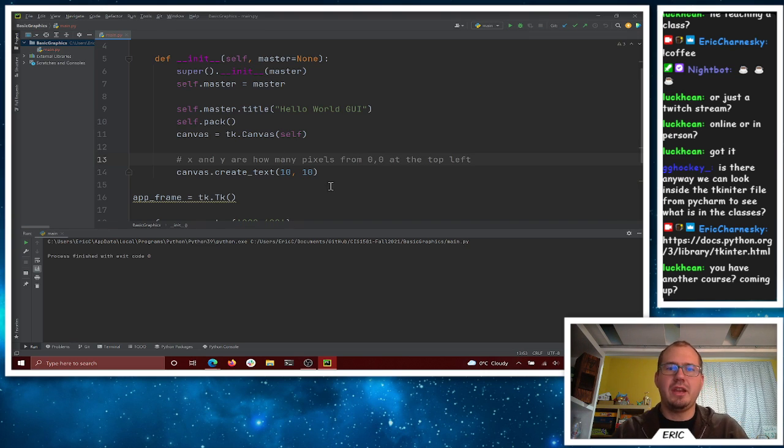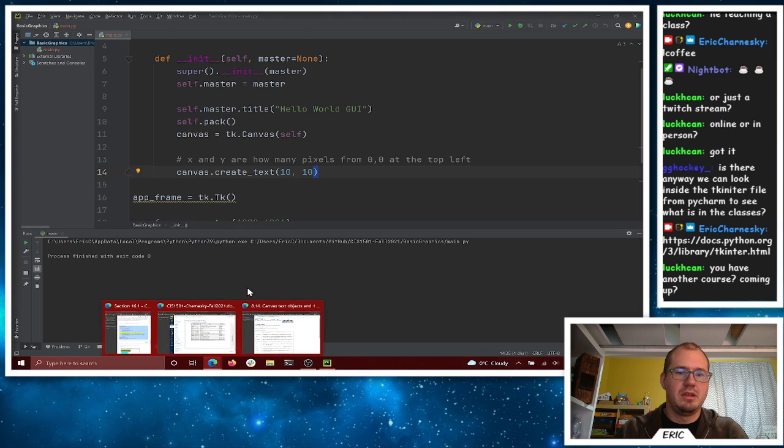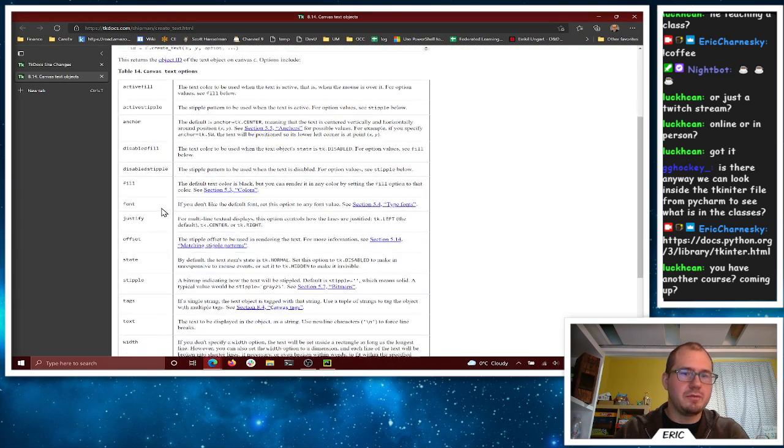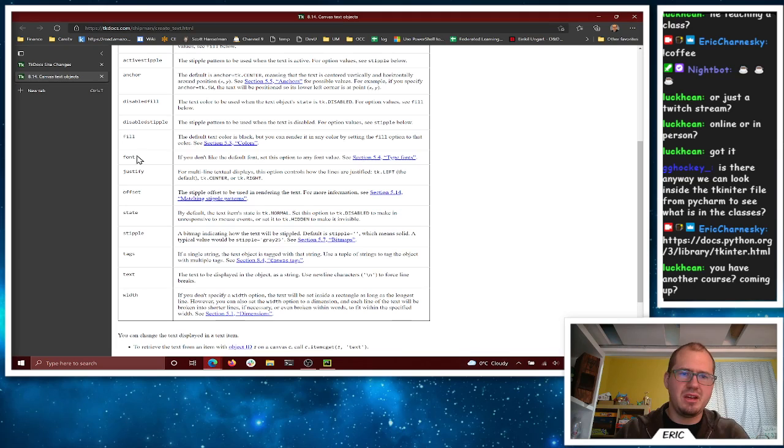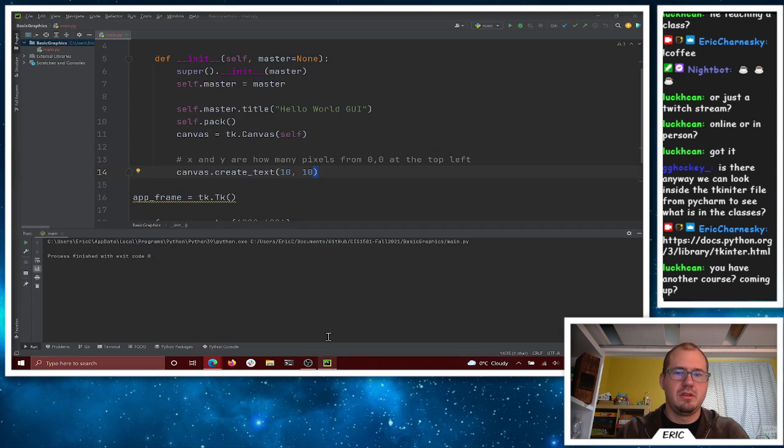So there's not an origin. We don't have 0, 0 as an origin because we don't deal with the 4 different quadrants. So our 0, 0 is top left, and you have pixels to the right, and you have pixels down. So we're going to add the text here, and then other things we could give it if we wanted. We could give it a font if we care. That's fine. We'll give it the text here. So then we'll say my text is equal to hello world GUI. So we'll add it in,